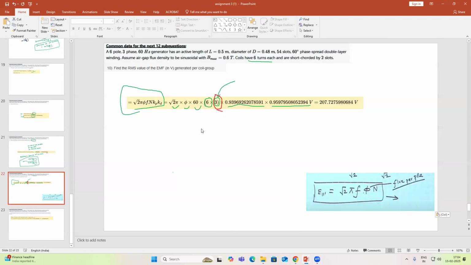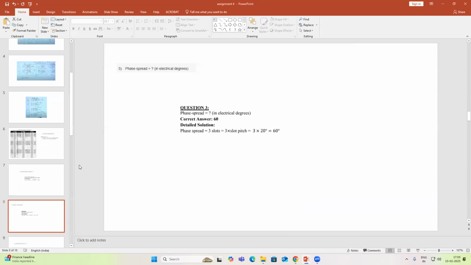So I'll be discussing these two questions in the end because you will see that these two questions are actually from this week's assignment. When we discuss this week's assignment question, you can relate this question to this week's assignment. So I'll be discussing first the present week's assignment, then I'll go back to this question and it will be very easy for you to understand. So let us start with this week.